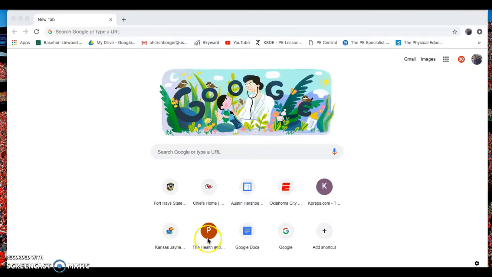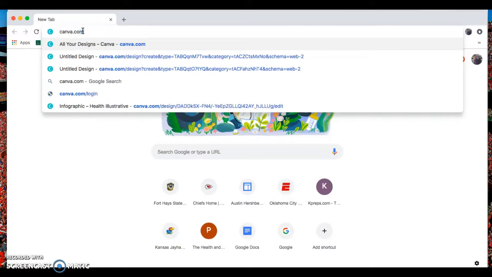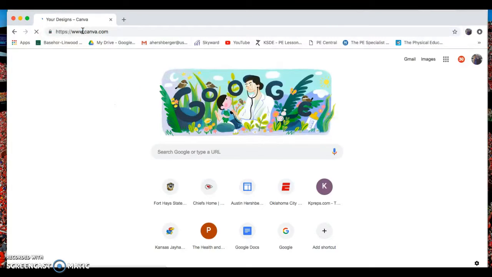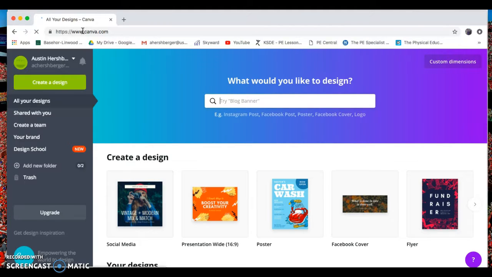The next technology that I have chosen is Canva. Canva can be accessed by going to canva.com. I chose Canva because it is web-based, it is not device-specific, it works in any browser, and it is absolutely free. I already have an account created because I have used this for a previous assignment in another course here